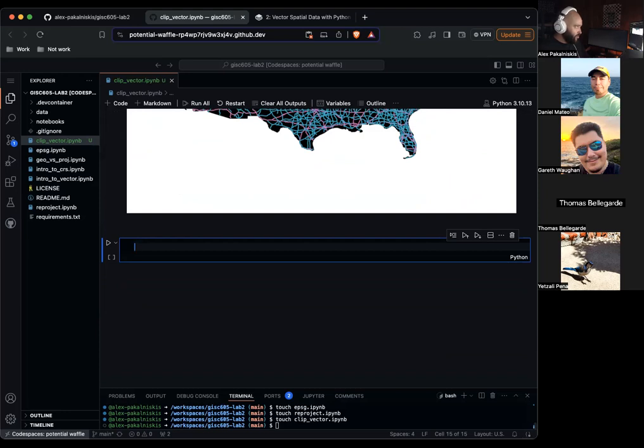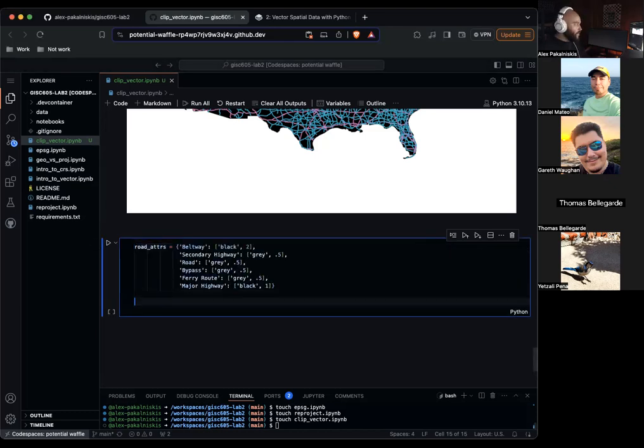So let's do a custom legend. So we'll do road attributes equals, this I will copy paste. I will mess that up so fast. Okay. Fig, ax equals plt dot subplots, figsize equals 12 by 8.